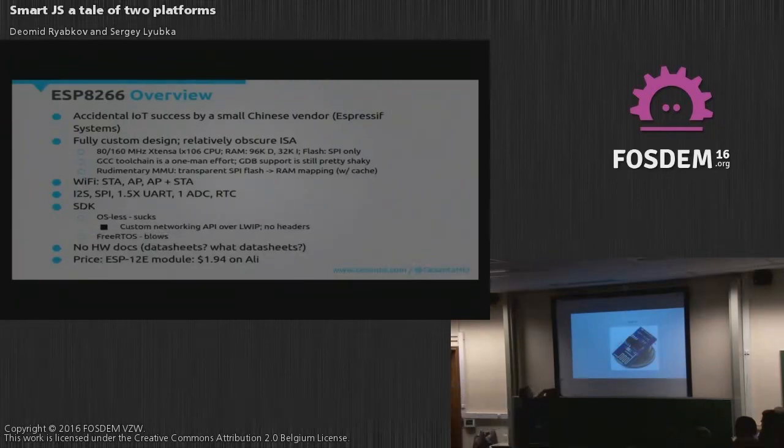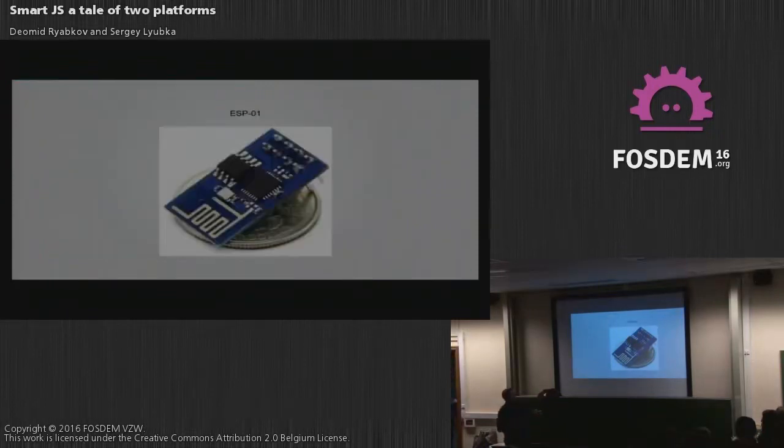As you see, there is an SPI flash chip and the processor itself. As you can see, there are only, like, this is the Wi-Fi chip. It has RX, TX, the supply voltage and the programming pin. That's it. It's not intended to be connected to peripherals. However, people got interested. They reverse engineered it, and the company actually picked up on it and went into the IoT